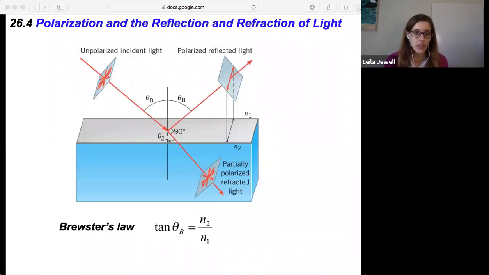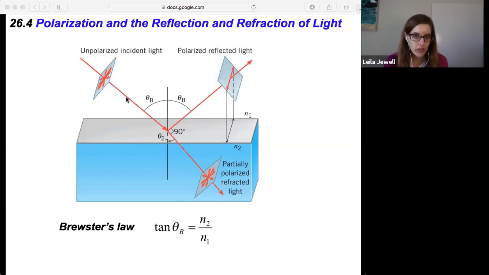This is a mini section that I'll fit in here, section 26.4, which is looking at polarization and the reflection and refraction of light. This has to do with another specific angle known as Brewster's angle or Brewster's law that says if you have light that shines at theta b, at Brewster's angle, as the incident angle, then when it's reflected off of the water at that same angle, it's going to be completely polarized, even if it was initially unpolarized. The refracted light will be partially polarized, but the reflected light will be completely polarized,